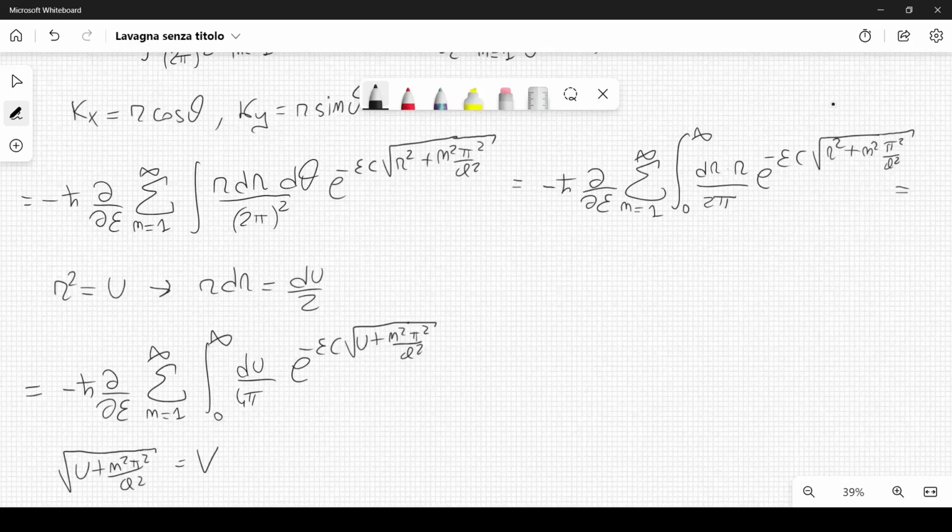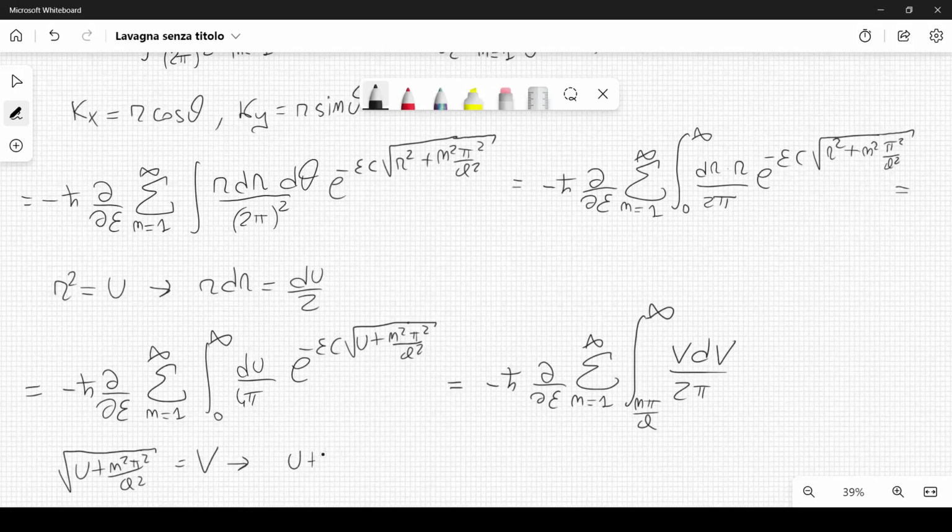So you could have set this square root here equal to what we call v here, but never mind. If you just want to skip one step, it's okay. Anyway, this will become like this. So we have minus h bar d over d epsilon summation over n from 1 to infinity. Now the integral will start at n pi over a. You can easily check that, and we have to integrate all the way up to infinity. Then we have v dv divided by 2 pi,